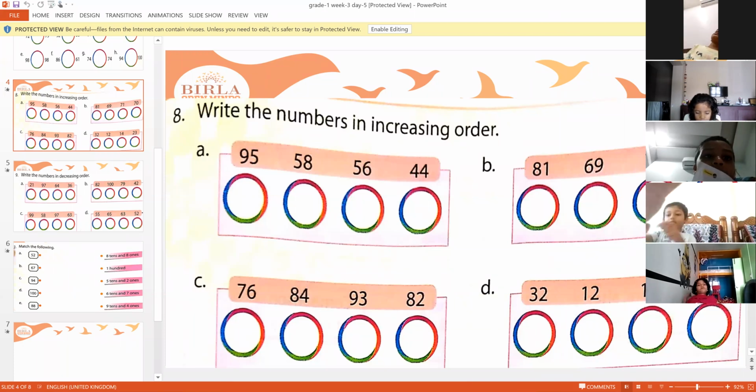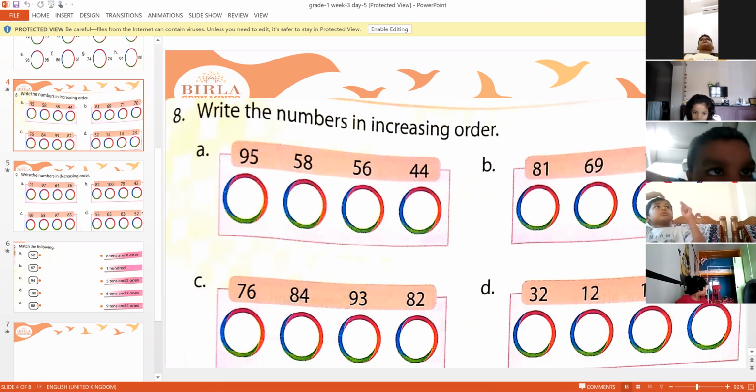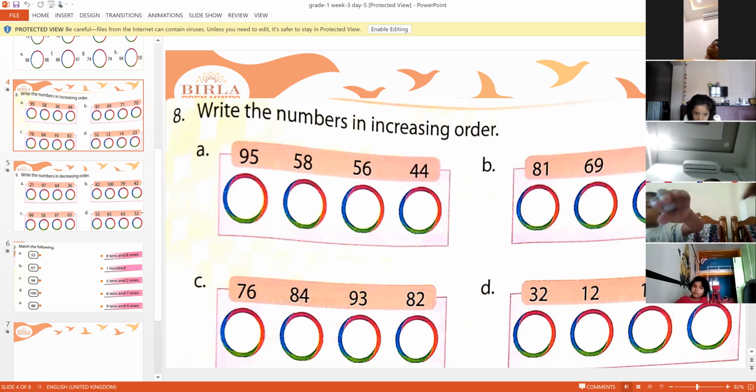Come to question number 9 there. On the same page, question number 9 is there, children. This time you have to arrange the numbers in decreasing order. Decreasing order means when you have to arrange the numbers from biggest to smallest, right? So here, children,